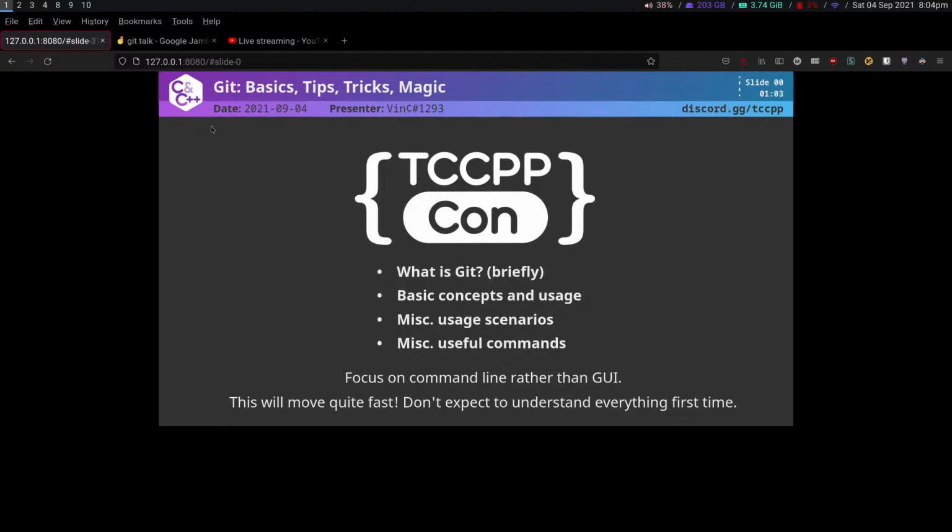So, today I'm going to be talking about Git, if you haven't already figured that out. I'll just be giving a brief overview of what Git is, some basic concepts, and then I'll go through a few scenarios that you might encounter when you're using Git, and talk about some useful commands that you might find. And also I'll be talking more about the command line Git experience rather than any GUI